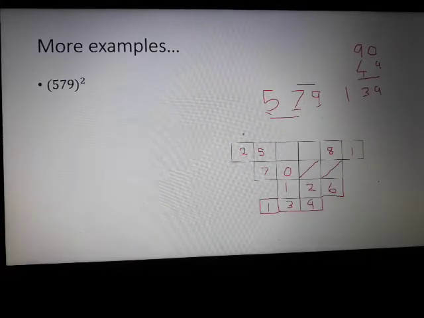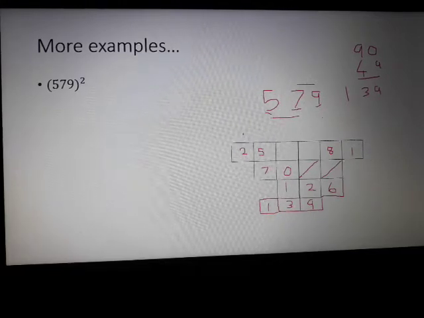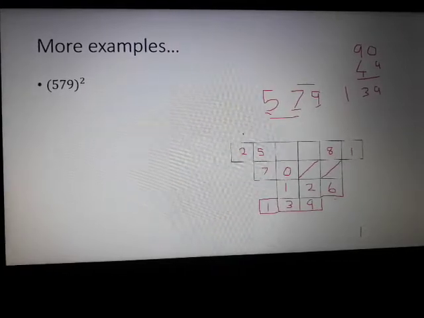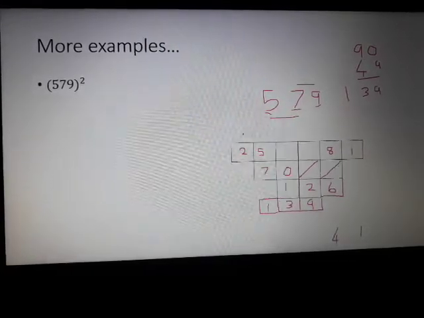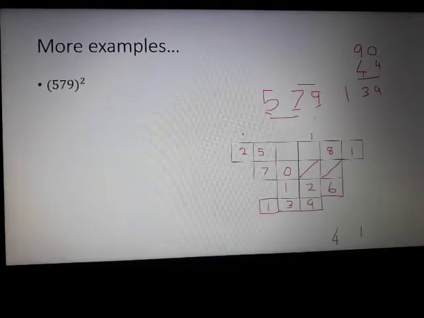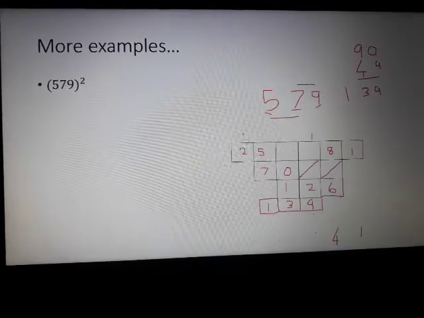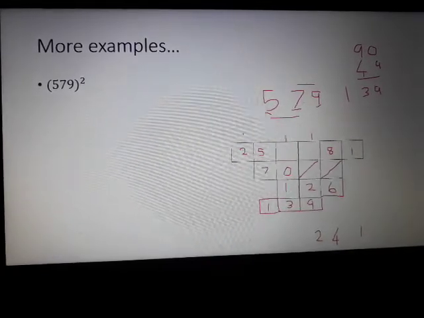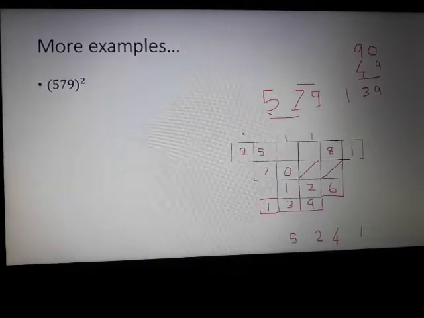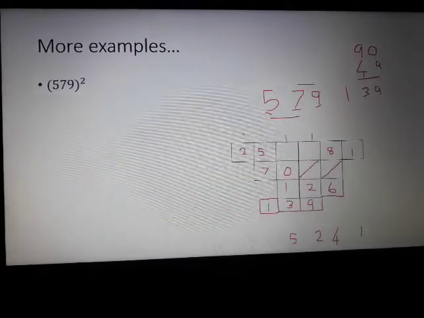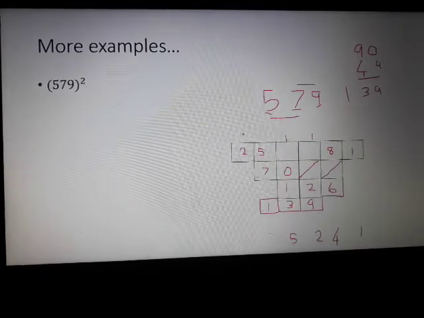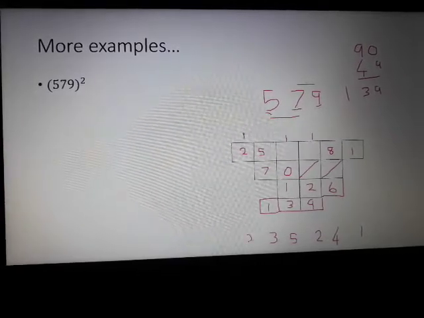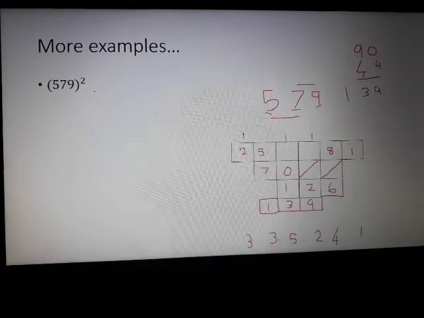Now we can add the digits vertically from top to bottom, starting from the last column. Over here we have just 1, so bring down 1. Next we have 8 and 6. 8 plus 6, 14. 4 over here, 1 as a carryover. Now over here we have 1, 2 and 9. 9 plus 1, 10. 10 plus 2, 12. 1 carryover here. We have 1, 1 and 3. 3 plus 1, 4. 4 plus 1, 5. Next we have 5, 7 and 1. We have 5 plus 1, 6. 6 plus 7, 13. 3 over here, 1 carryover. 2 plus 1, 3. And the result is 3, 3, 5, 2, 4, 1.